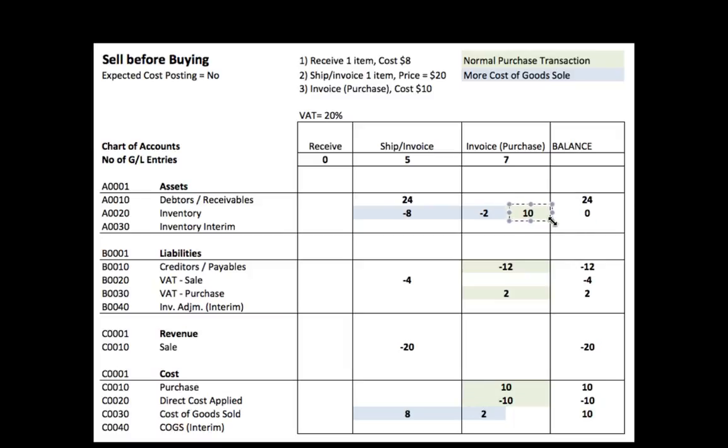So if you have watched the basic video tutorial on how Nevisian posts a normal purchase transaction, this should be quite common stuff to you. But what has happened on top of this normal purchase transaction, those 5 normal purchase